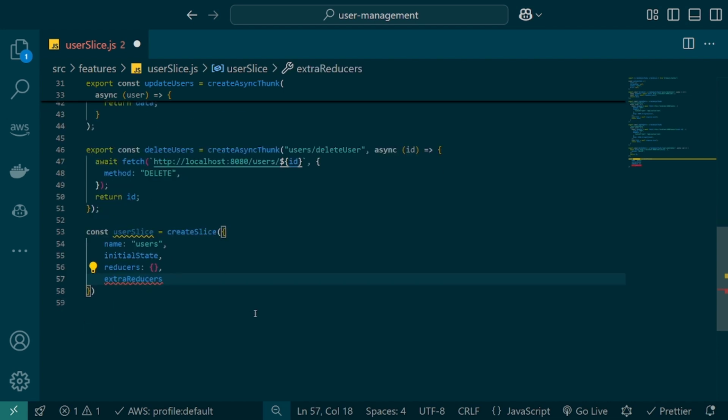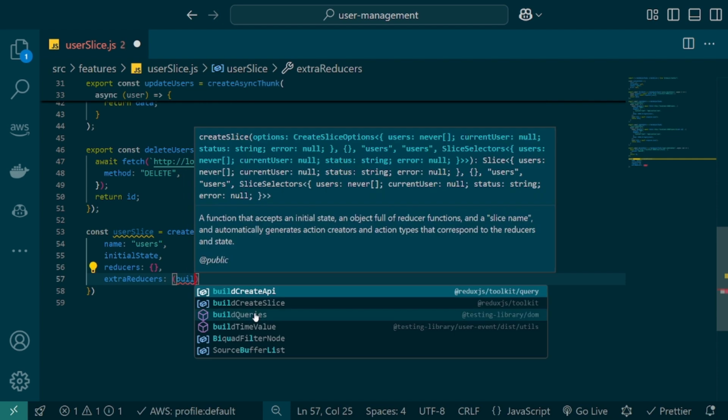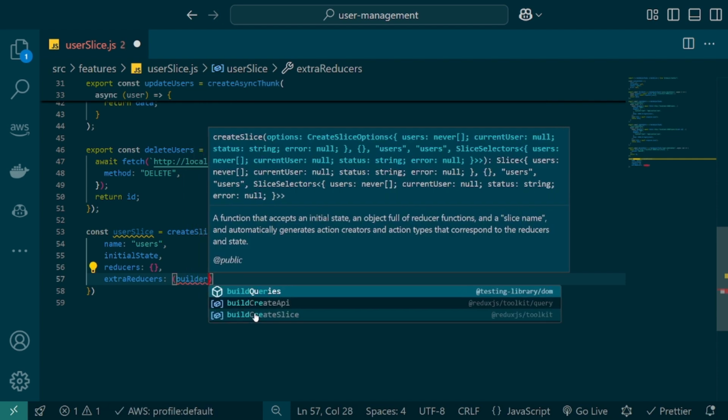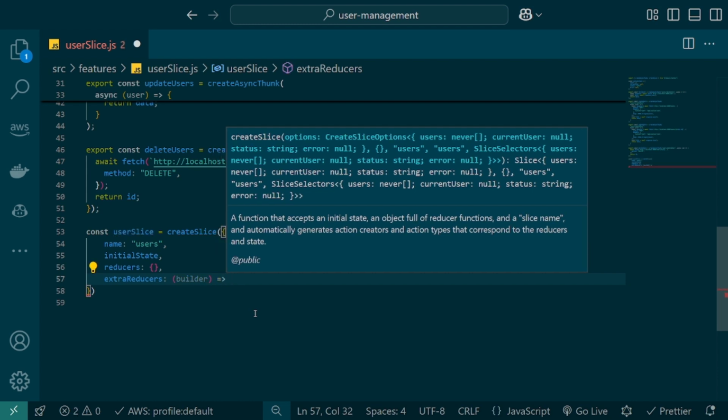If you don't know what the difference is between reducers and extra reducers, I'm going to give that link under my video description. Just have a look at that, guys. What is the difference between reducers and extra reducers, and then you will understand. That is the difference between Redux Toolkit and Redux, guys. So extra reducers is coming from